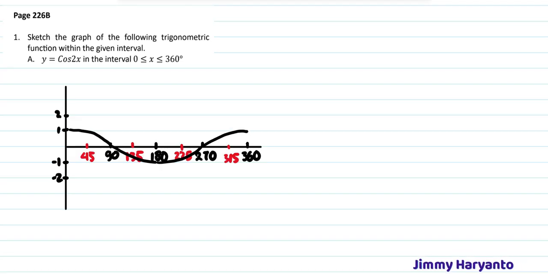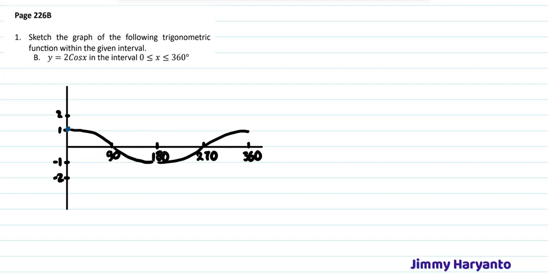And then we have to change the period, because this one is a change in period. So we already have 45, so we start from here. It goes to 45 for the first part. The second part is the closest, which is 90. 90 to 135 and 135 to 180. And then we have to draw it one more time to fill in the gap, like that. Okay, so this is the answer for A. And then next is B.